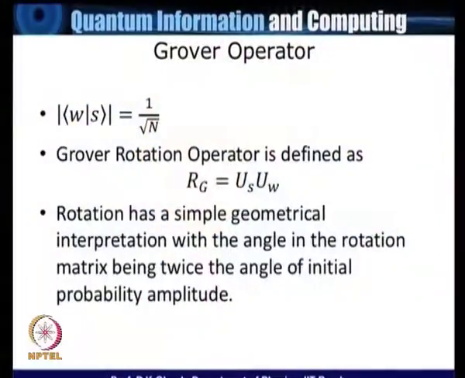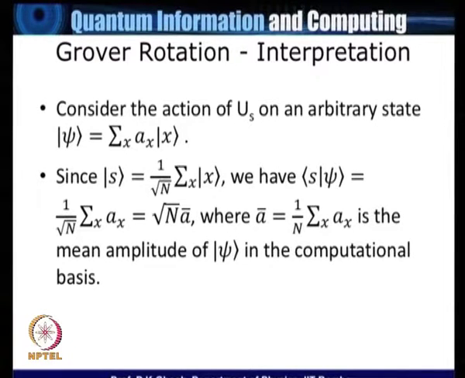Now that makes the arbitrary state come closer and closer to the marked state, but there is a problem, that is, we must a priori know how many times I must apply this Grover operator, because since it's a rotation, once it has exceeded that marked place, then of course the distance between them will go on increasing. So this is what actually happens.